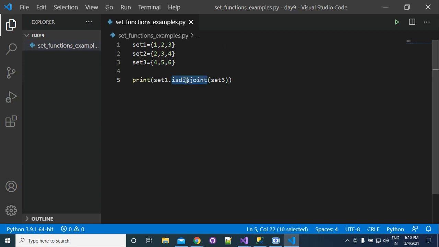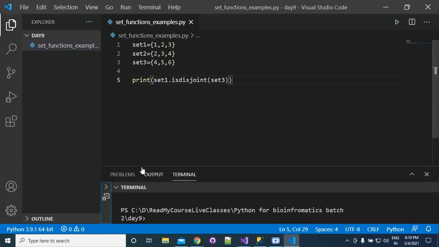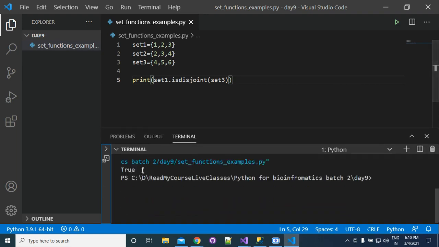So isdisjoint will return true if they are disjoint, meaning no element is common. Otherwise, it will return false. So now it is returning true. Why? Because both set 1 and set 3 don't have any common elements.